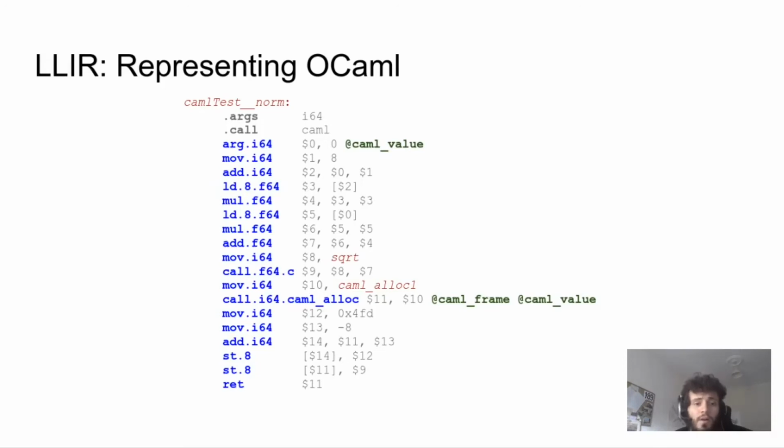To illustrate LLIR, we can look at a simple method in LLIR form, which computes the magnitude of a vector allocated on the OCaml heap. It reads an argument, a pointer to a pair, using an arg instruction. Individual elements are loaded using LD from offsets computed using basic pointer arithmetic. The elements are squared using the multiply instruction, then passed on to the square root function before being boxed into a heap-allocated block. We can notice the annotations. The OCaml runtime requires us to identify all heap pointers, which we do using caml_value, and emit frame tables describing those which are live across call sites that can allocate, all marked through caml_frame.